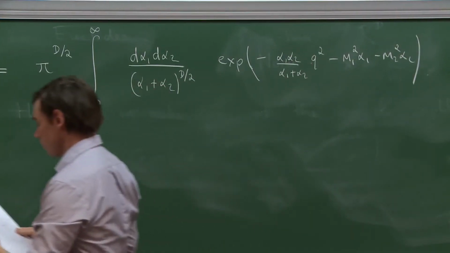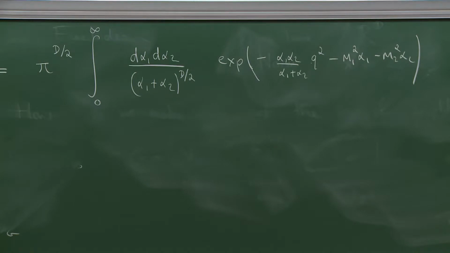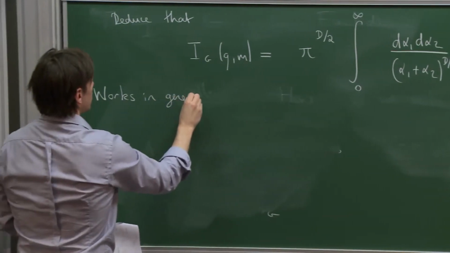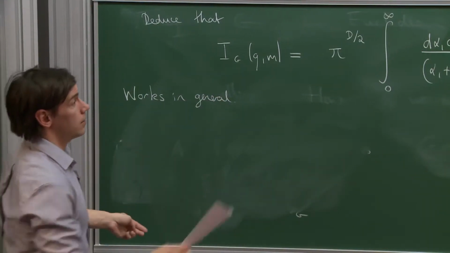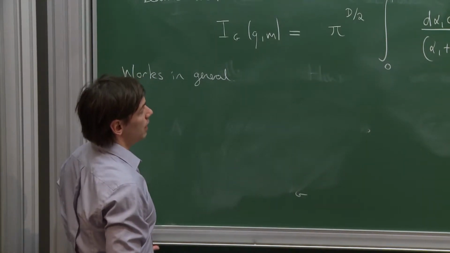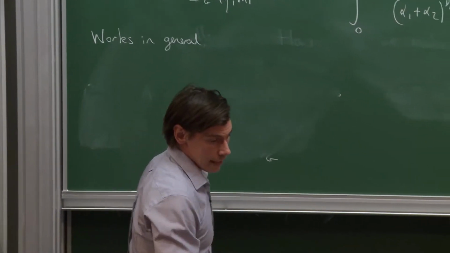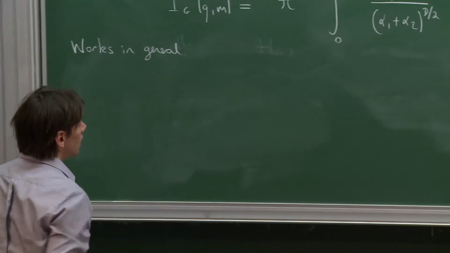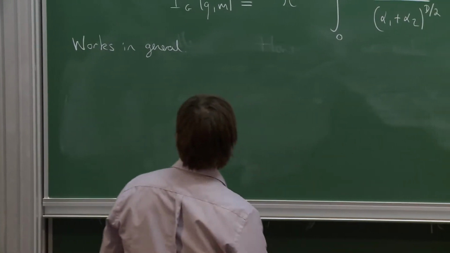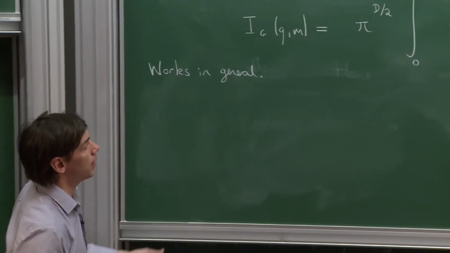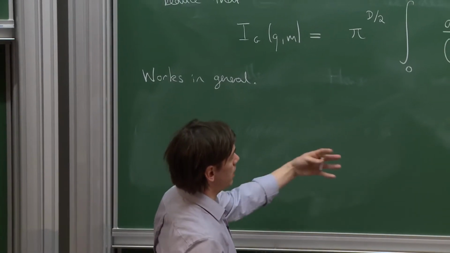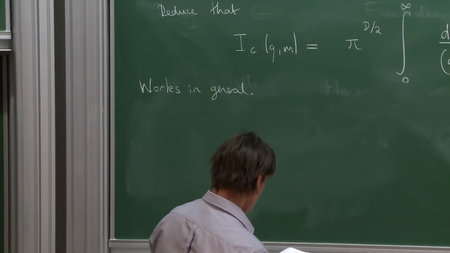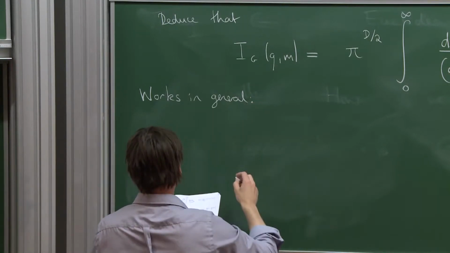Okay. So in the general case, this works in general. You can complete the square and put in the integrals. It's a bit of bookkeeping to work out what the answer is. At the end you get the determinant of a certain matrix. And then you have to apply something called the matrix tree theorem to express that determinant in terms of some graph-theoretic quantities. But that's rather straightforward, and the final answer is